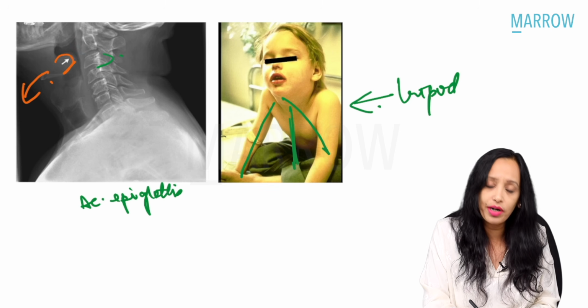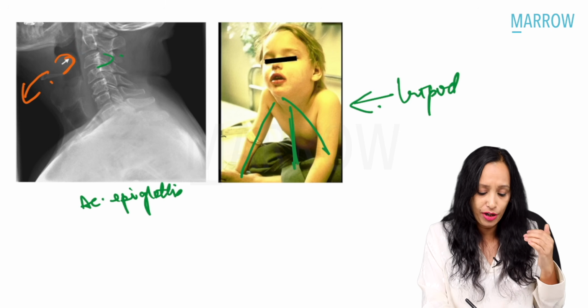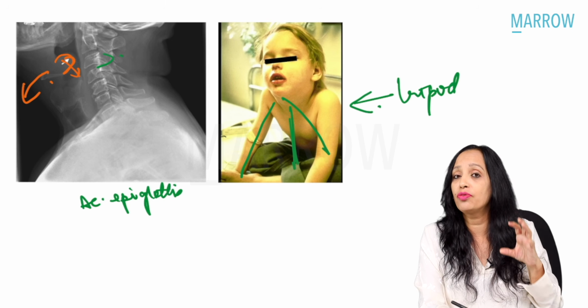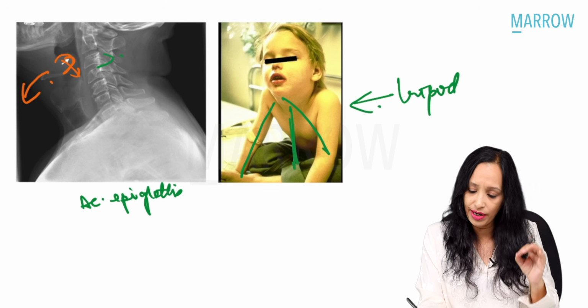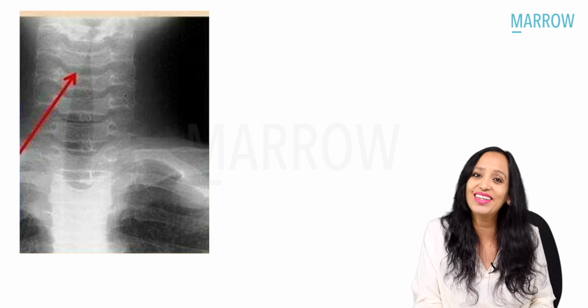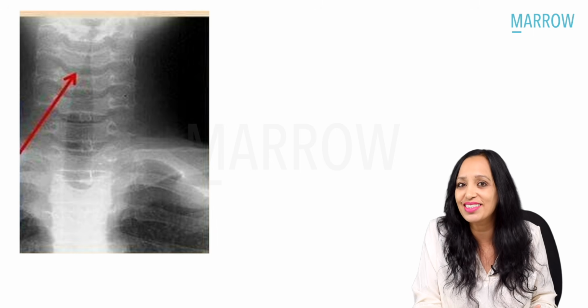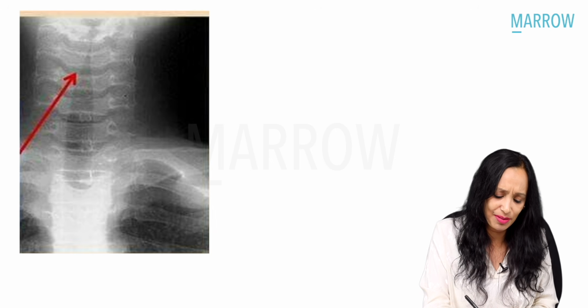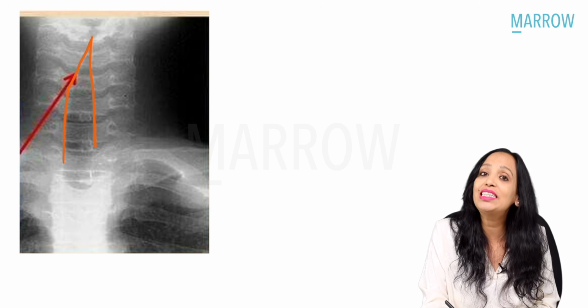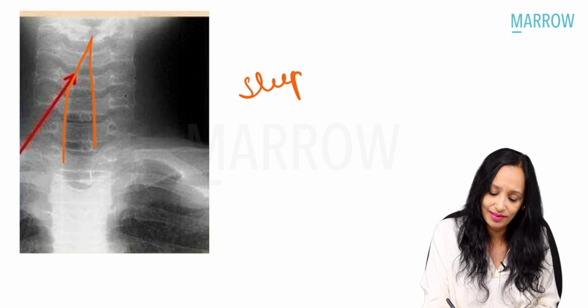Because this swollen epiglottis, whenever it falls down to close the inlet of the larynx during swallowing, the patient will have very severe pain. So these findings will tell you it is acute epiglottitis. And again, this was a spot diagnosis this year. This is the typical pencil tip sign, or it is also known as the steeple sign, seen in, quickly tell me,